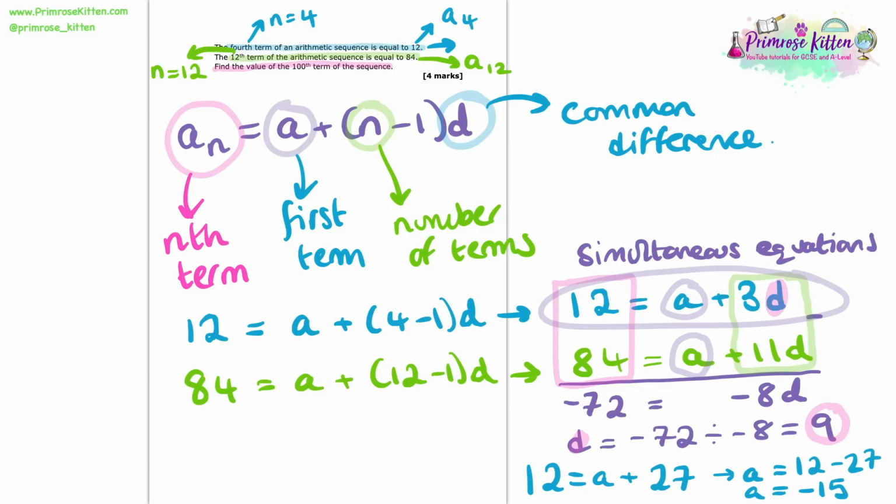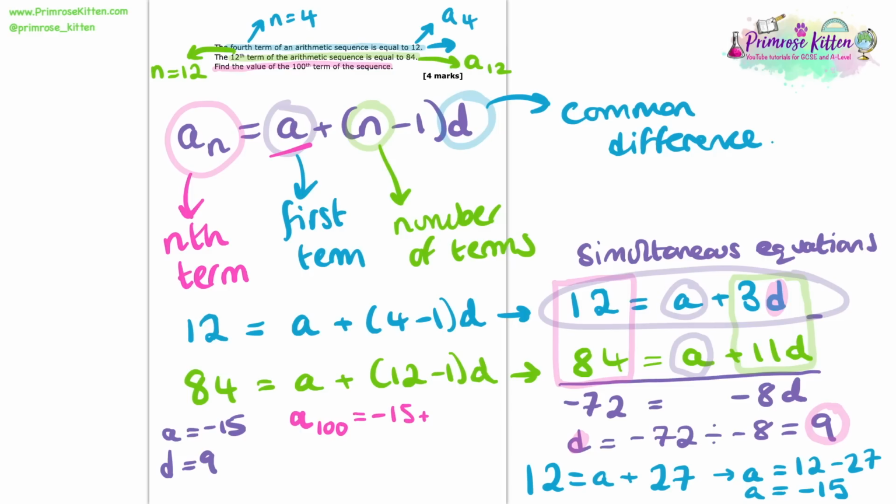So by solving those simultaneous equations, we now know that a is equal to minus 15 and d is equal to 9. So now we have all of the information that we need to be able to find the 100th term of the sequence. So going back to our key equation here, the 100th term is going to be equal to minus 15 in place of a